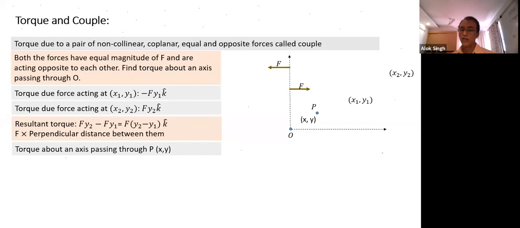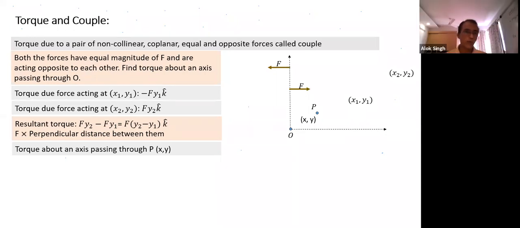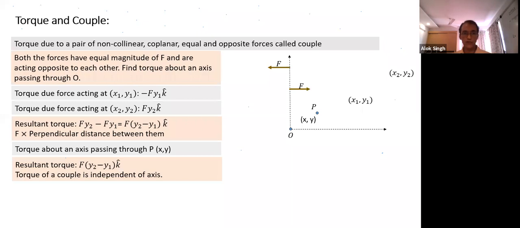It means normally the torque of a force depends on the axis of rotation, but in the case of a couple it is independent of the axis. I don't have to define an axis. For a couple, whichever point we take the axis about, the torque would come out the same. So the torque of a force has no meaning unless we define an axis. But for the torque of a couple, no axis needs to be defined. The torque of a couple is equal to the magnitude of force multiplied by the perpendicular distance, and is independent of the choice of axis. The resultant torque will remain the same.